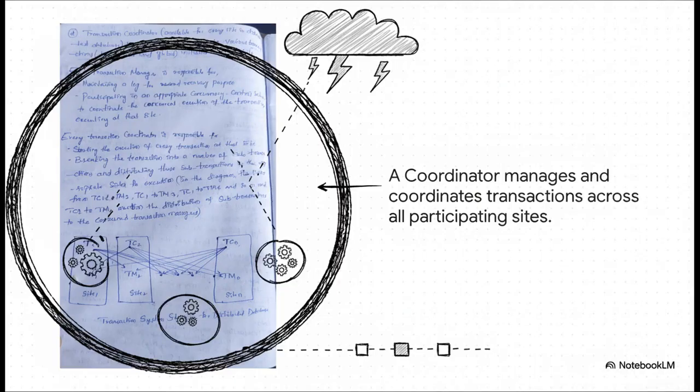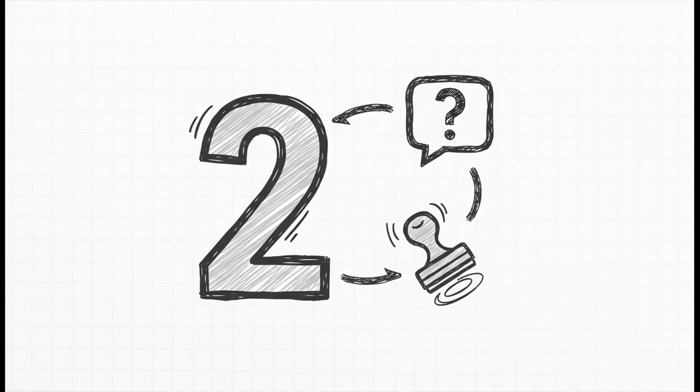Most of these protocols work with a coordinator and some participants. So you have one boss, the transaction coordinator, who runs the show. And then you have the workers, the transaction managers at each location, doing the actual work. The coordinator's only job is to make sure everybody is on the exact same page. And the classic, the foundational example of these protocols, the one we're going to break down right now, is called the two-phase commit protocol, or 2PC for short.